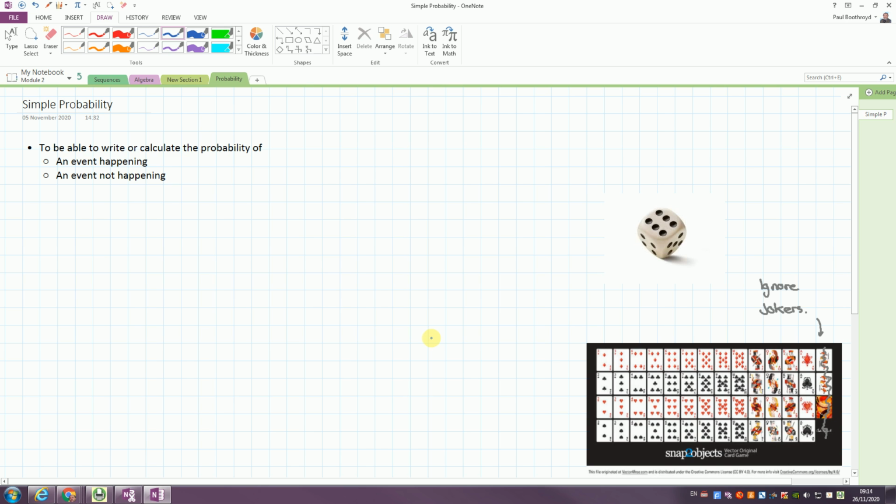Okay, just going to go through some simple probability problems. You've got a worksheet full of these sorts of things. I just want to make sure you're aware of how to calculate and how to write them. So the first question I'm being asked is, what's the probability of scoring a 5